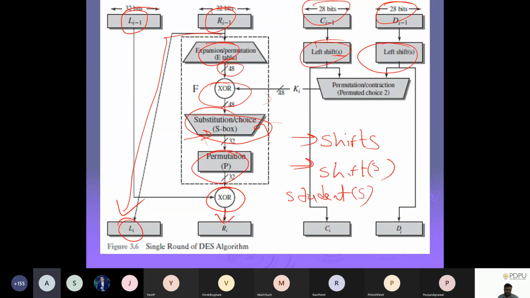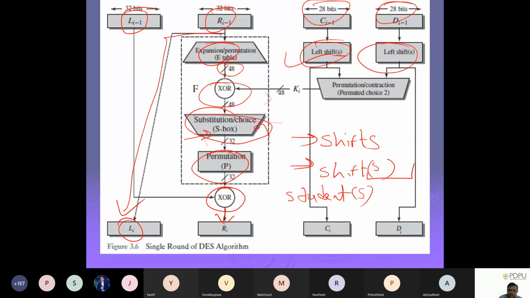Sir, we have to choose one shift or more than one shift. Correct, Aditya. It means that in some rounds we have one shift, and in some rounds we have more than one shift. That's why they do it, to try to jumble things here and there. Even with the shifting they haven't said it is only one shift. Round to round they have changed the number of bits that they shift. So that's why they are writing it like this, which means in some rounds there will surely be more than one shift.